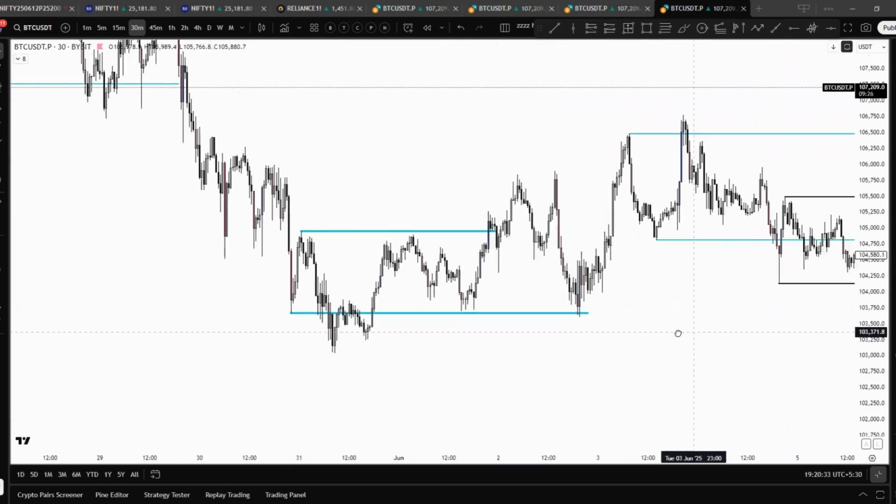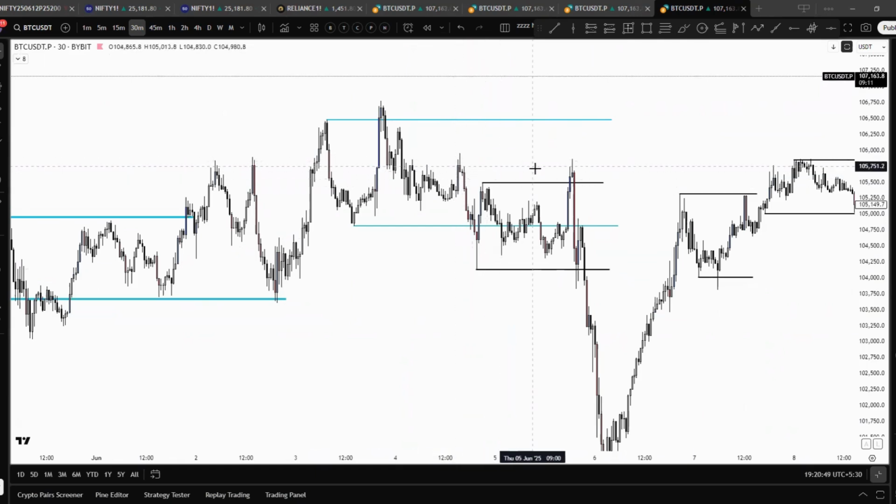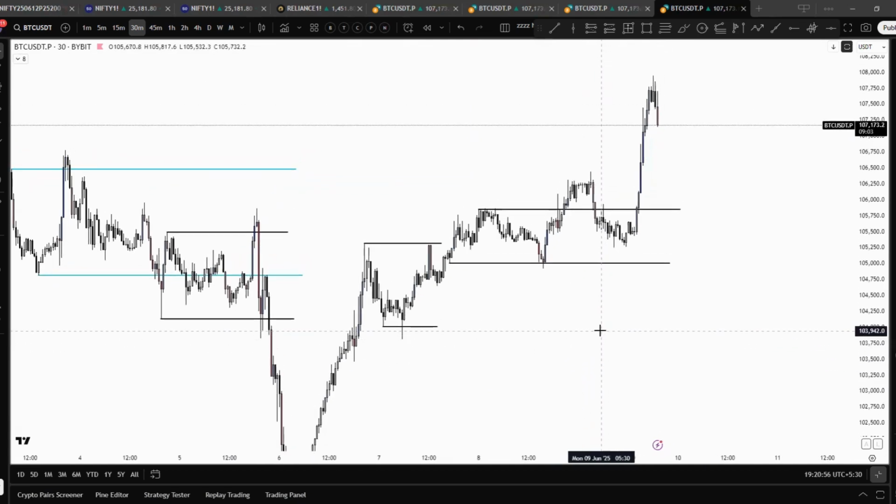That's all. We need to figure out where the balance is happening and where the imbalance is. You can see over here, this was a balance, and there's another balance around the low of the session. Same thing, we swept it from the order block over here. Same stuff all over again. There are multiple ways to figure out which side will break out, but first we need to understand the balances. About 80% of the time the market is in a balanced structure. So figure out where the balances are, and then things get pretty much easier.